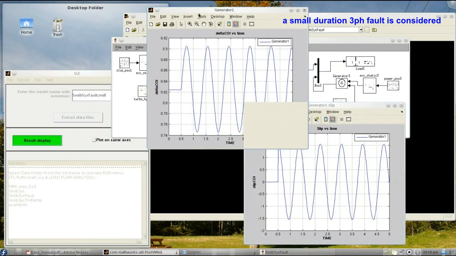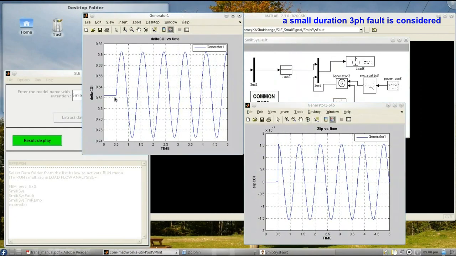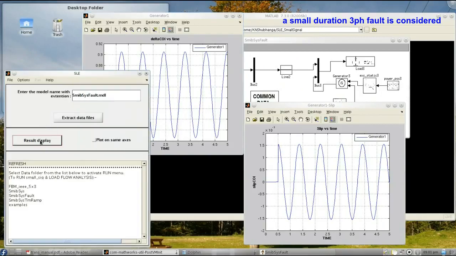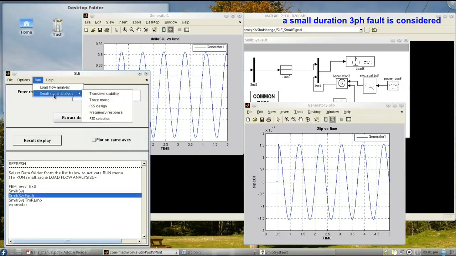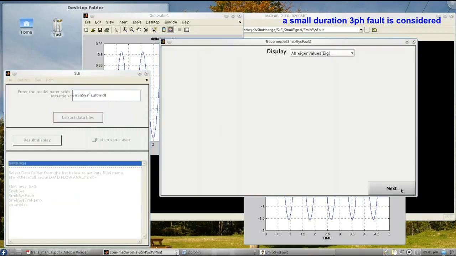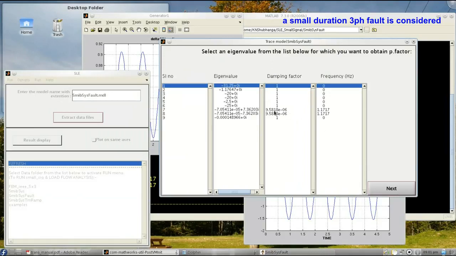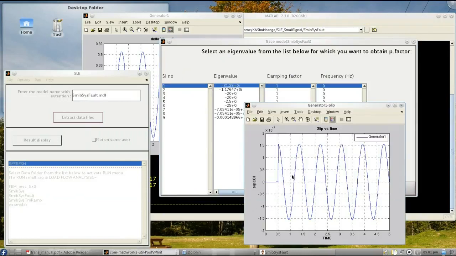For the classical model, that is the 0.0 model, with any perturbation the system behaves as if it is oscillatory. So with the eigenvalue analysis, we have observed the damping factor as almost negligible there.